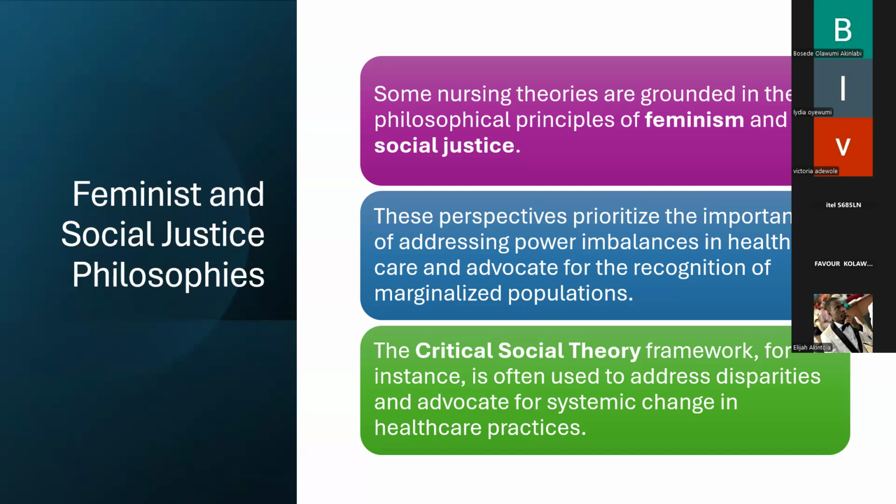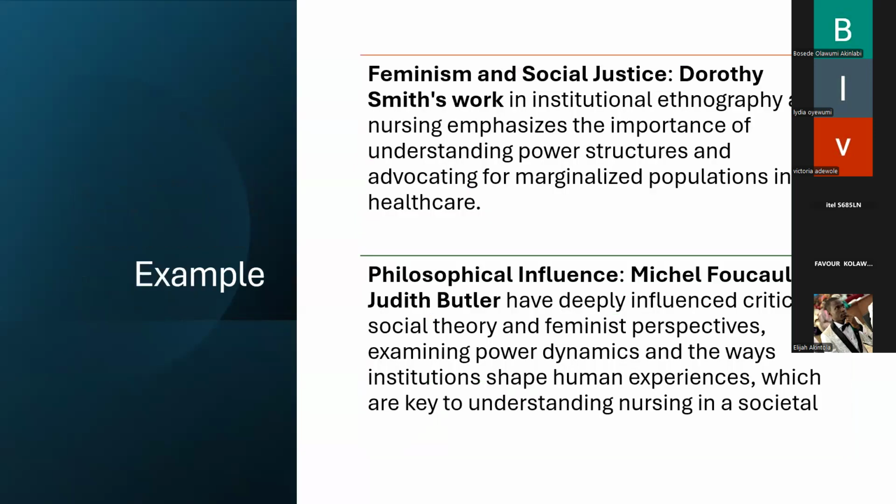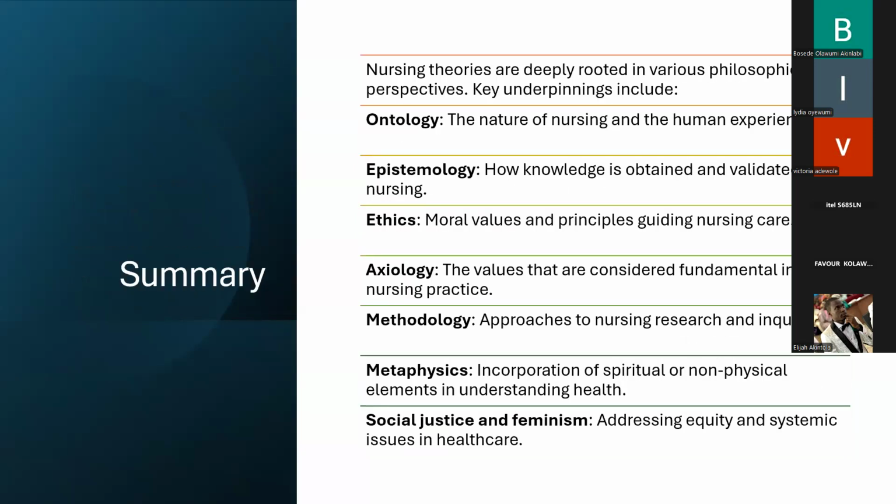We are talking about health disparities. They are all social justice issues. So these theories help to address some of these issues that we have. These are the summaries of all the philosophy we've talked about: the ontology, epistemology, ethics, axiology, methodologies, metaphysics, and social justice and feminism. So ontology, nature of nursing and human existence; epistemology, how knowledge is derived; ethics, what is